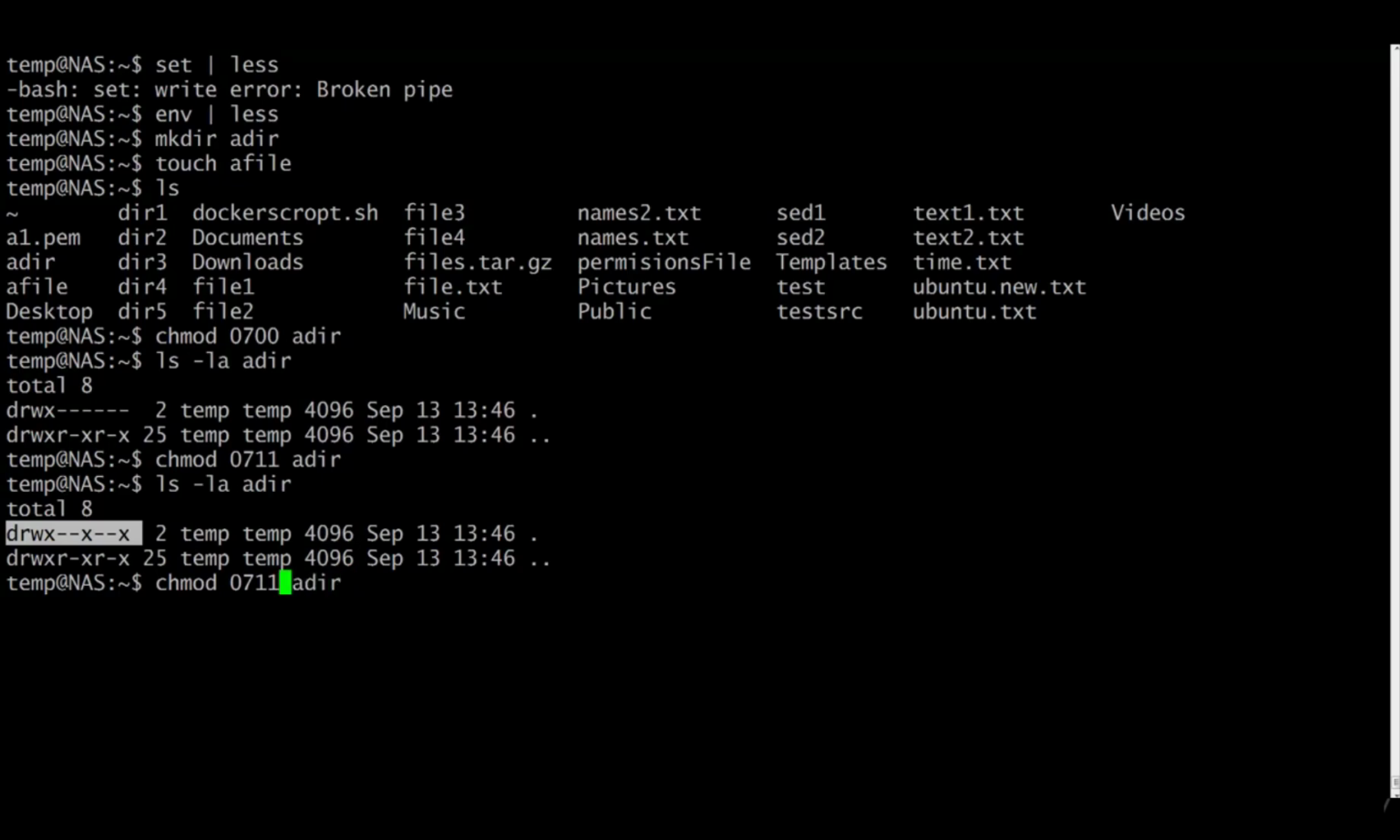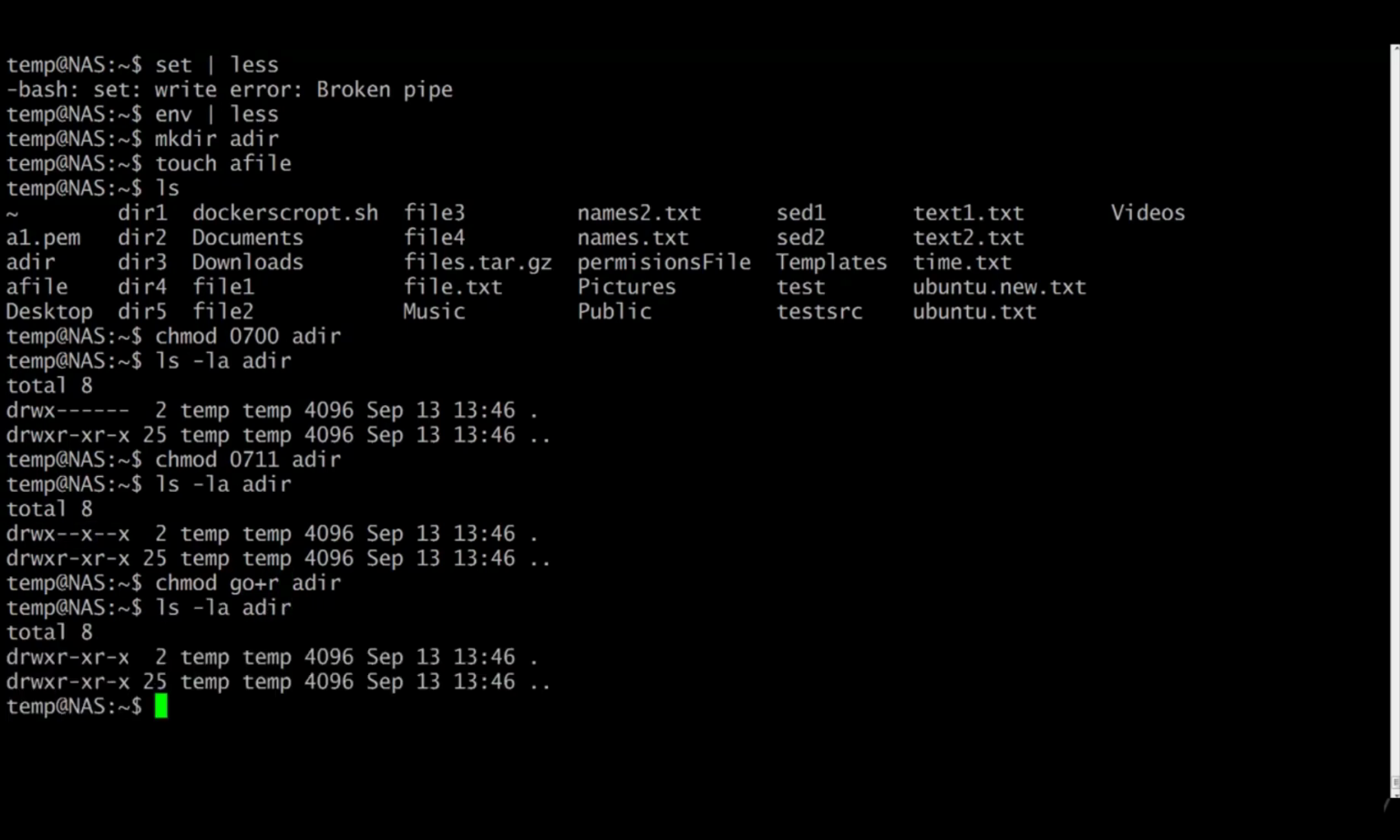Other permissions with chmod: go plus r and the adir name. Let's list it again and review the permissions. It has added read permissions to the directory. Let's use chmod again. We will type chmod